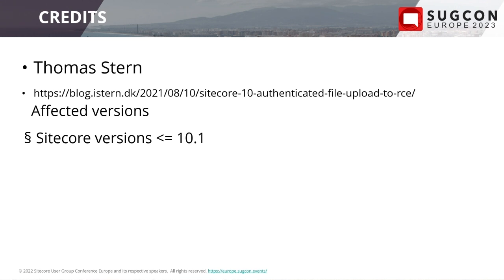Thank you. It's one of my favorite kinds of vulnerability, which is a file upload vulnerability that can lead to RCE. And as you can see, it still applies to Sitecore 10.1, okay? It's post-auth, which means you need to be authenticated against Sitecore, so keep that in mind, okay?